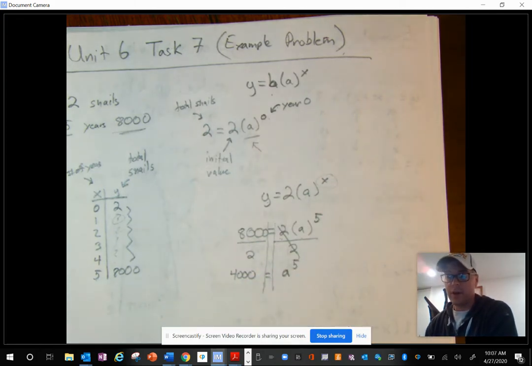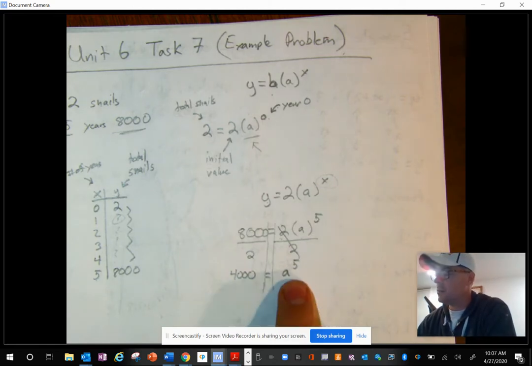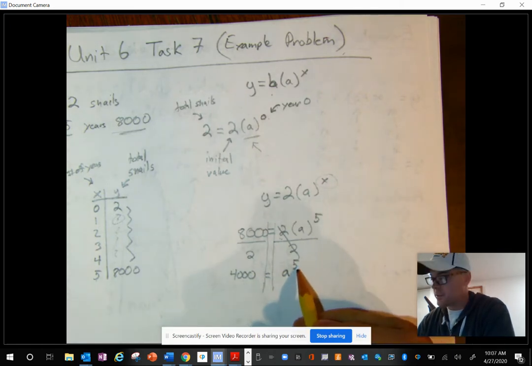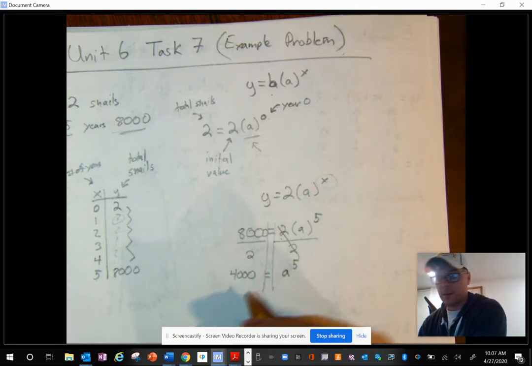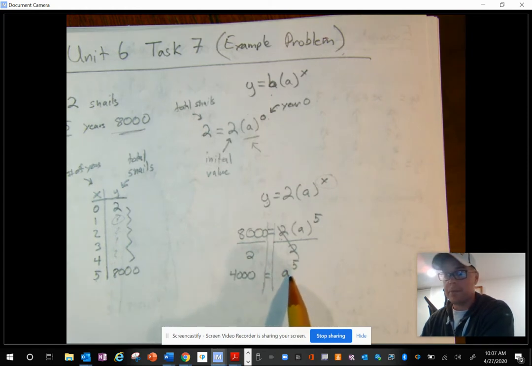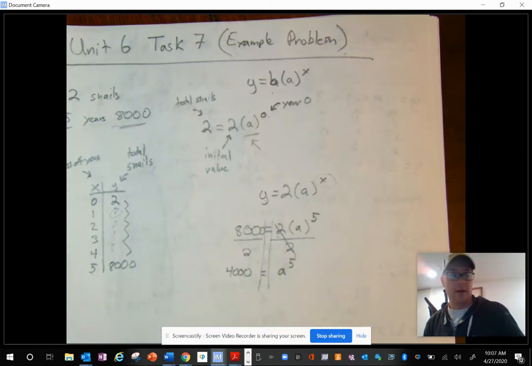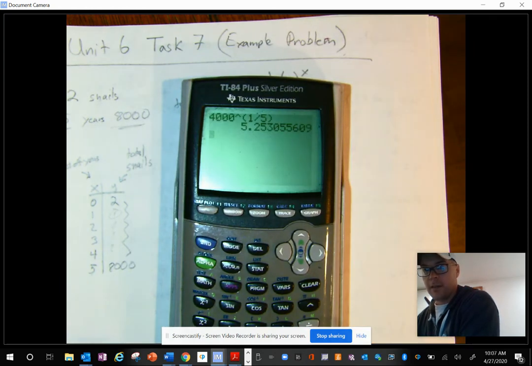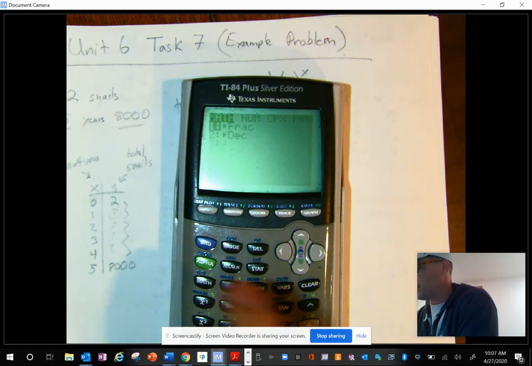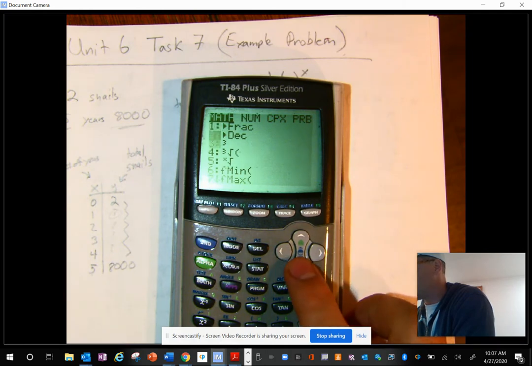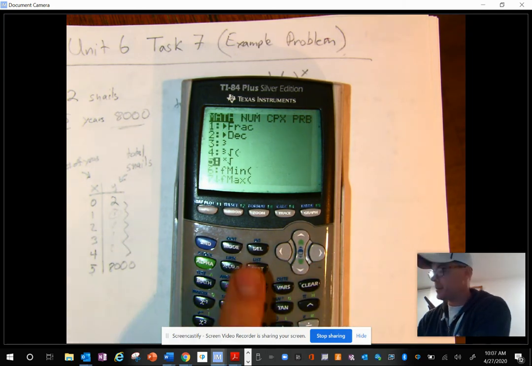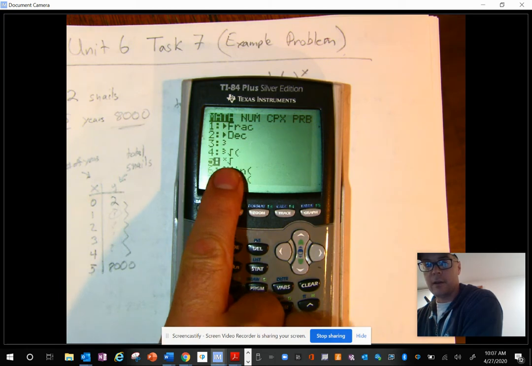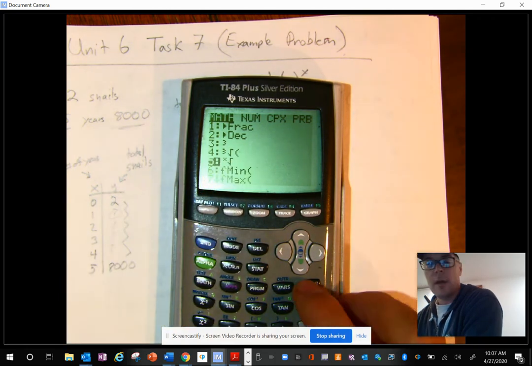Now, there's 2 ways that you can undo an exponent, okay? Remember, if this was a squared, we would simply just take the square root of both sides and be done. But since this is to the 5th power, we can take the 5th root, and you can do that using your graphing calculator. If you have one, all you have to do is press the math button. So if you press the math button, you can go down here and you see option number 5. It's got like a little x right there above the square root, and that takes you to the 5th root. But I wouldn't do that